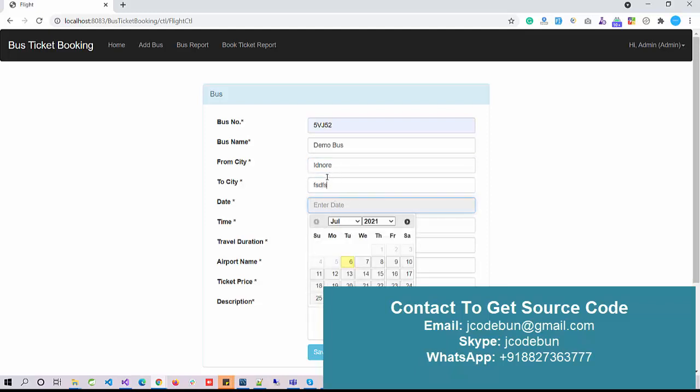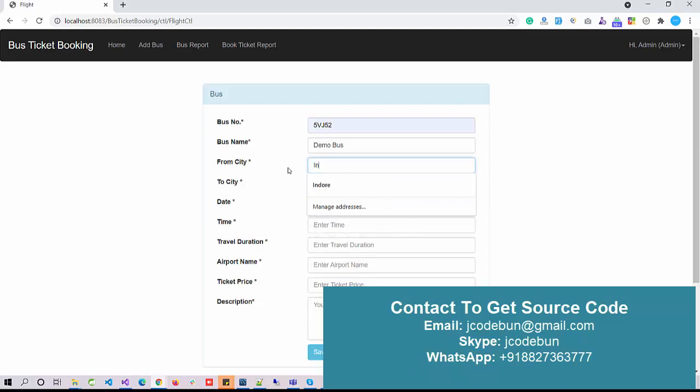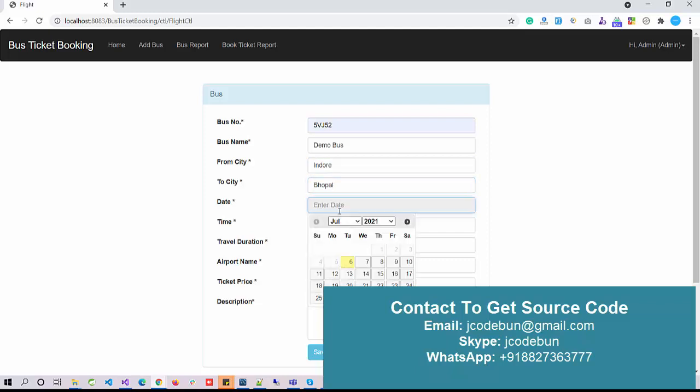So let's enter some meaningful data. Go to profile and enter the data. I'm just going to select the date the bus is going to be on time, so it should be every day. I'm going to enter the current time, the time, the travel duration,